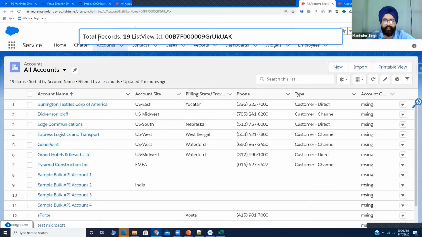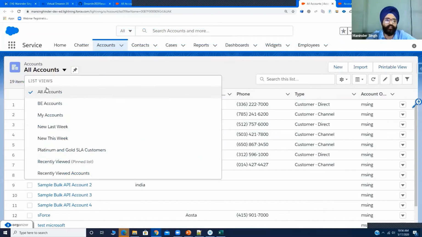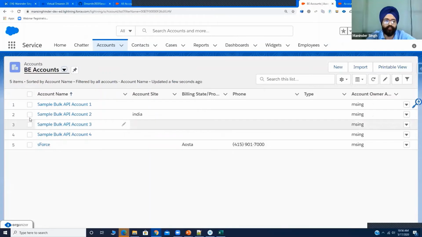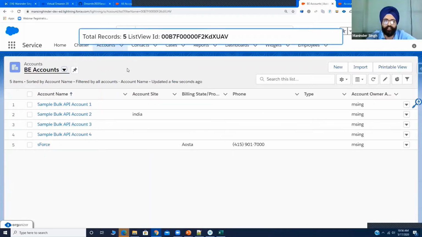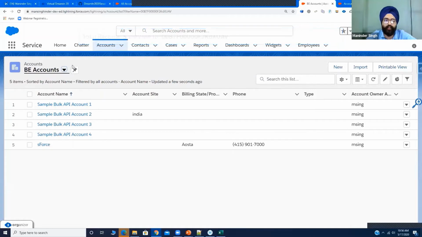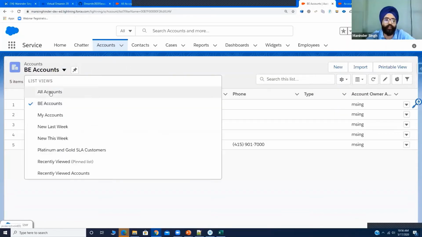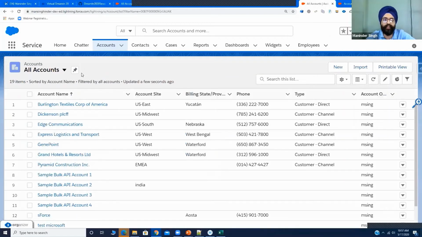In the background, it is doing a REST API call and it shows that there are 19 records in here. You can select any other list view and it works on every list view, custom or standard object, anything. Again, count records. There are a total of 5, so it gives 5. Salesforce doesn't provide a way to do this, but you can modify it to show the count of records right here. For that, you need to know how to parse the DOM and show the result here itself, so that I don't have to right click. As soon as the user clicks on a list view, the count is updated here. That depends on how good a user interface you want to build and how good you are at it.